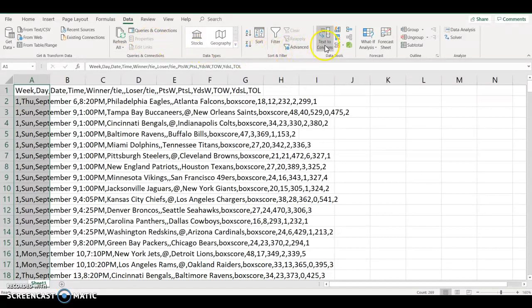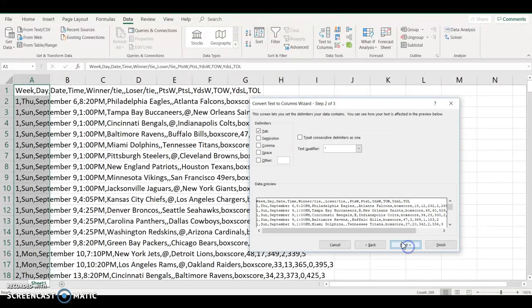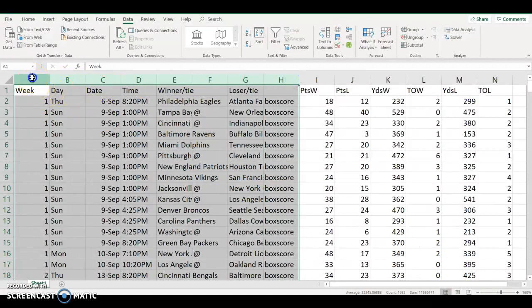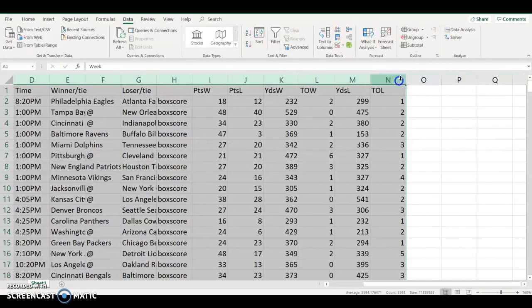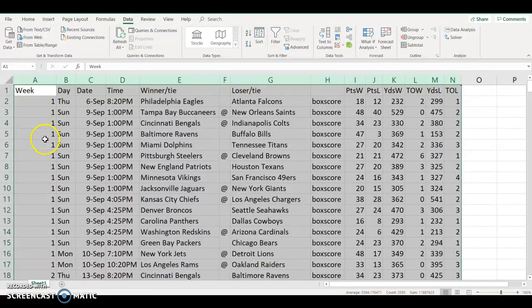So data, text to columns, next, and it is comma separated, so we want to check the comma box, and then we can click finish, and this will make it look a little bit nicer. Remember, if you want to resize the boxes, you can highlight by clicking on top, hold it down, drag it over,